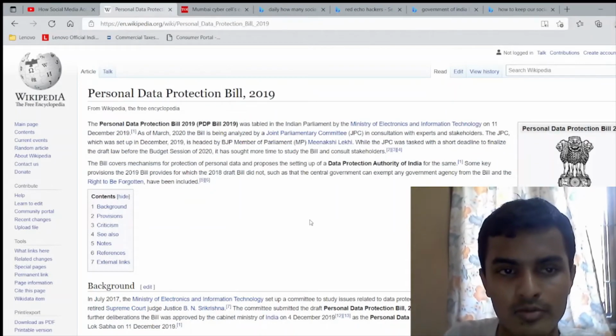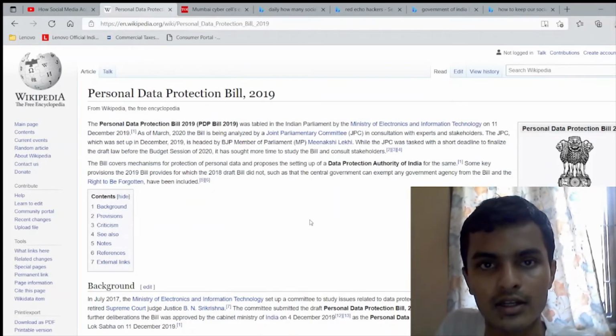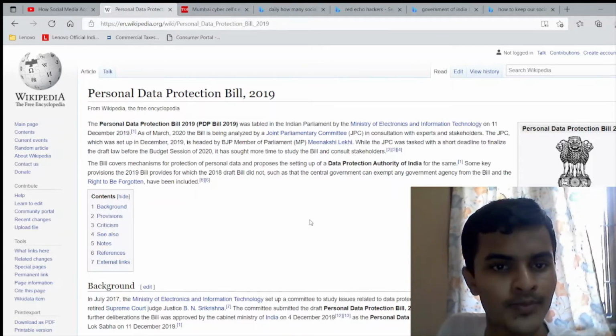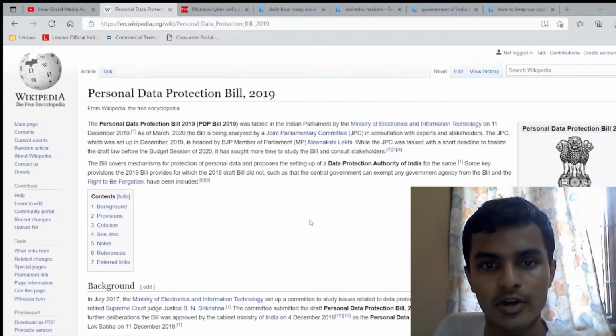Okay, this is very important: the Personal Data Protection Bill. Personal data is the data which we use daily. See, if you go to my Instagram account, it is not personal data, it is a professional account. You can switch to a personal account on Instagram, Facebook or something. Personal data should be protected, because in India this bill is not passed. This bill is very important, it has to be passed.